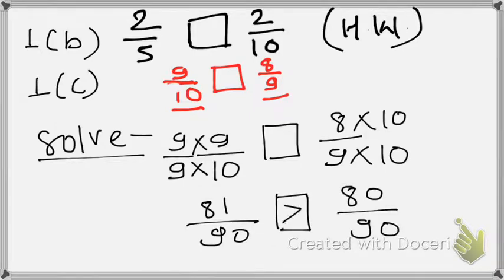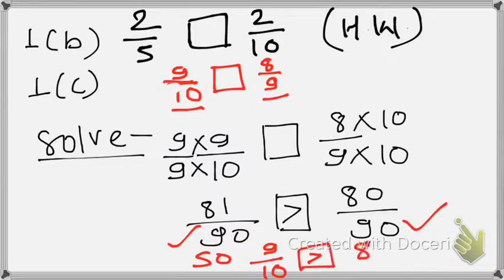Now you can compare these numbers. Here you can see that both the denominators are 90. After that you will compare the numerator. In numerator there is 81 and here it is 80. Can you tell me which is greater, 81 or 80? Of course 81 is greater. So here 81 by 90 is 9 upon 10. So 9 upon 10 is greater than 8 upon 9. So this is our answer, students. It is a very easy question.